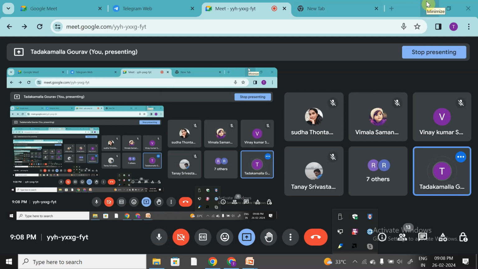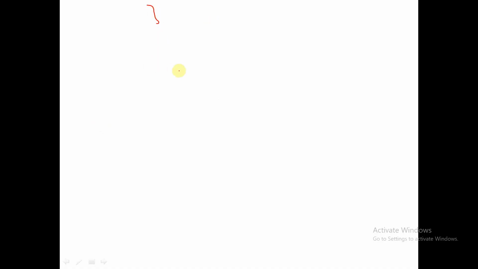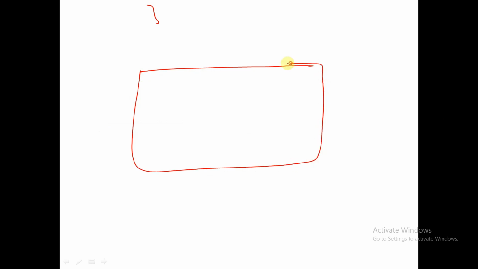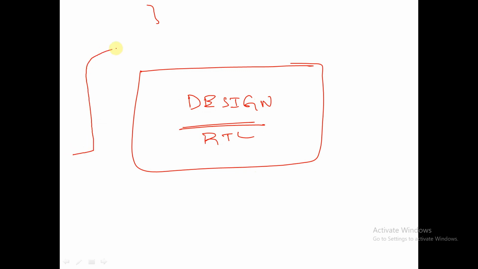First, let's start with why we need SystemVerilog. So we will consider a design here. We have written some RTL code for this design, and we have developed some test bench for this RTL code